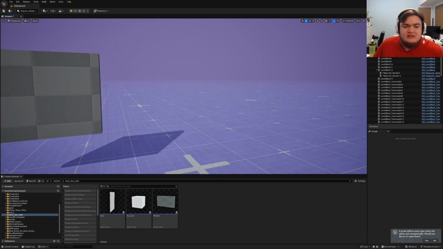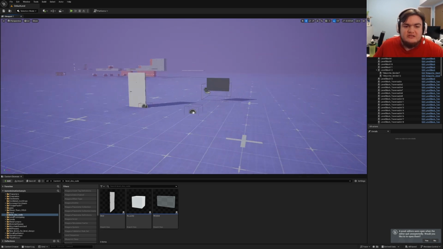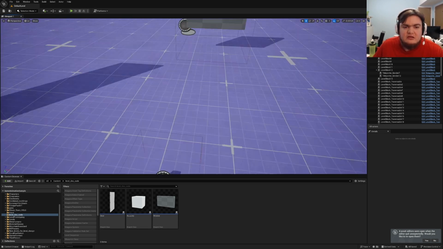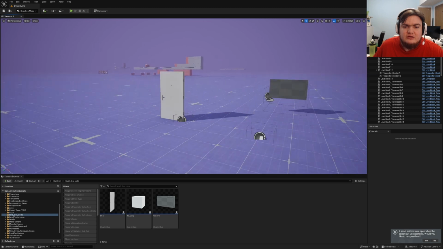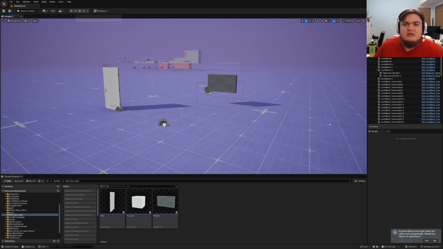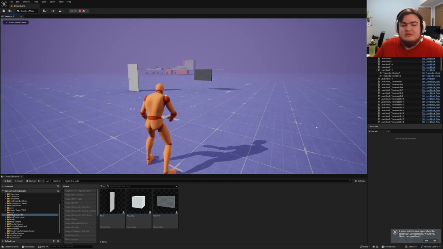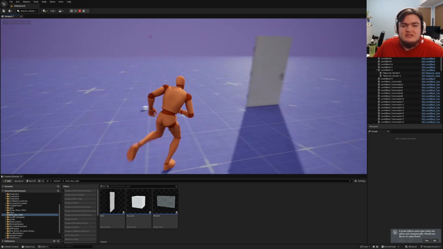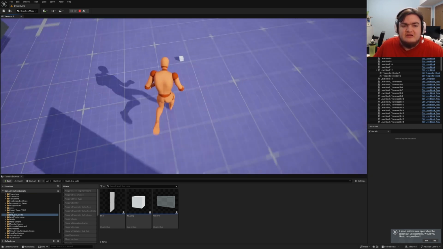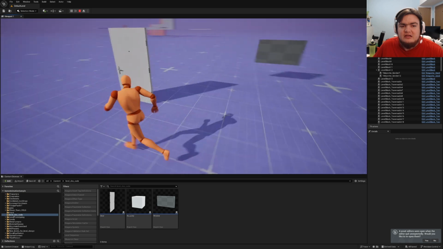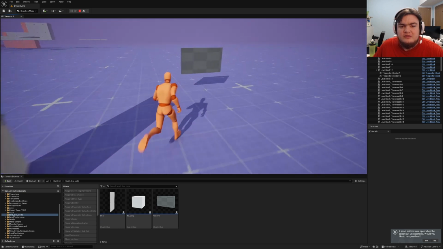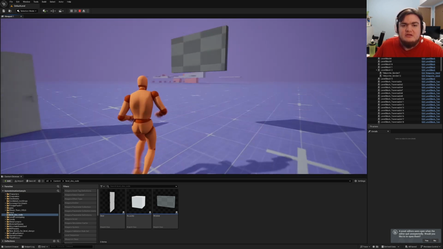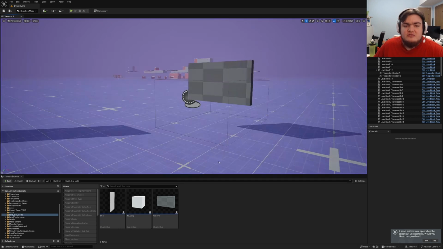I've created 3 different little objects that'll help us with this: a key, a window, and a door. If I go into play, you'll see how these mechanics are set up. If I go over here and hit E, nothing happens. If I go over here and hit E, nothing happens. If I go over and pick up the key, and then I go over to either one, the door opens and the window slides up. So how this all works is we'll need to go into the character,